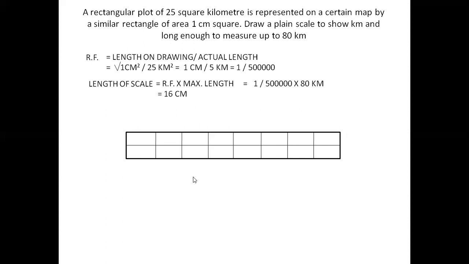Now we write here marking of scale. This is 0. As you know, we write 0 after the end of the first part, not here, in our engineering scales. Now 0, 10, 20, 30, 40, 50, 60, 70 kilometer. This is the main part of scale.